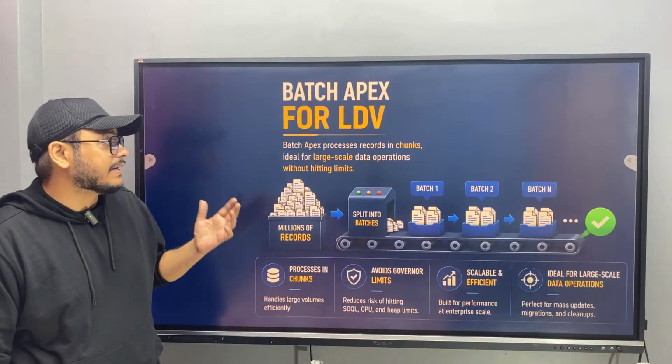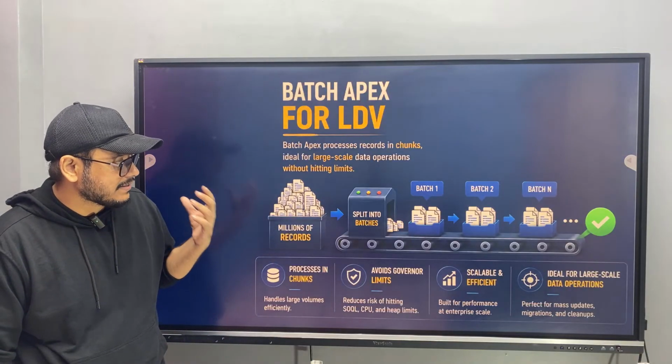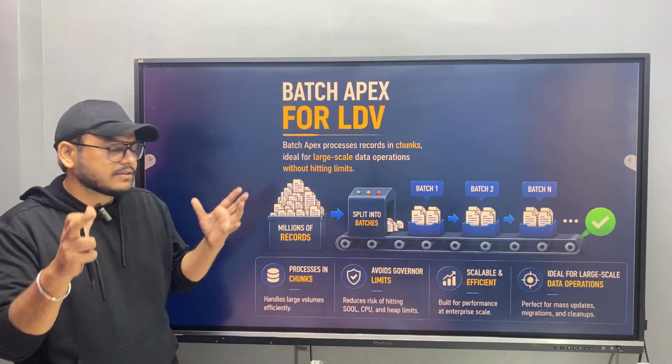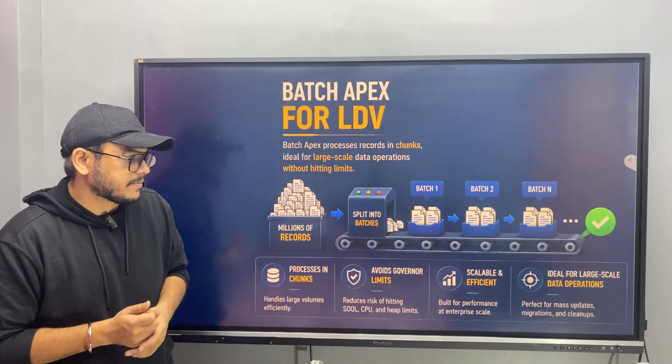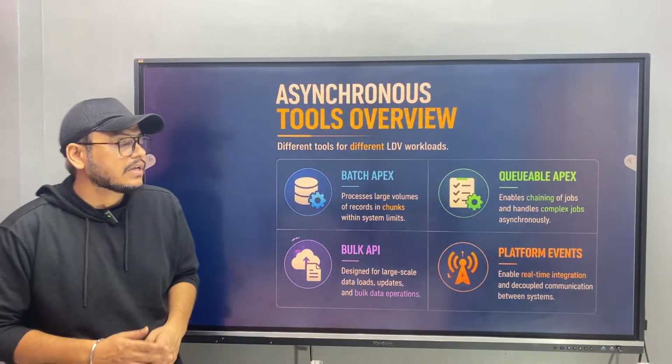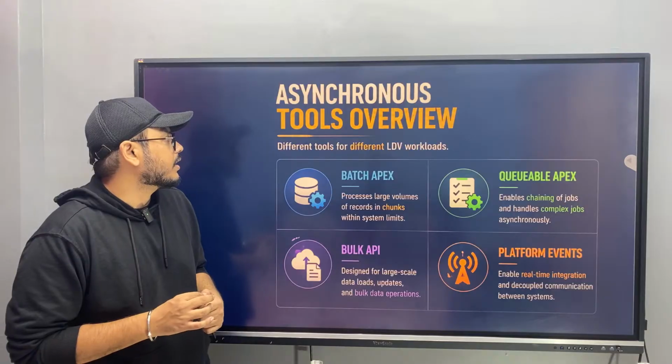So wherever we feel there is a need for us to process a big chunk of data, try to use batch apex always. That's something which we should be doing. And then we should be doing